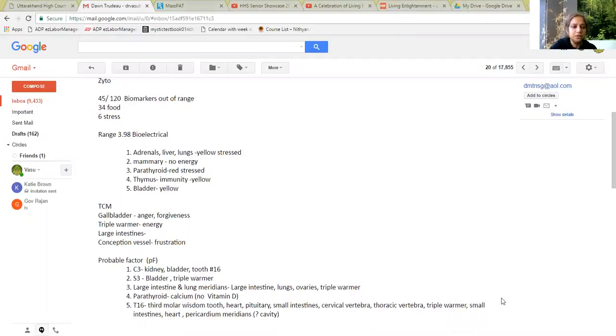Okay, so your bioelectrical is 3.98, and you were right. There were 45 markers out of range. Of that, 34 were food related and 6 were stress related. And at a glance, you could see parathyroid was the main issue when you looked at